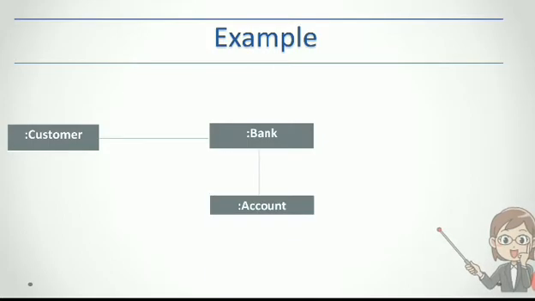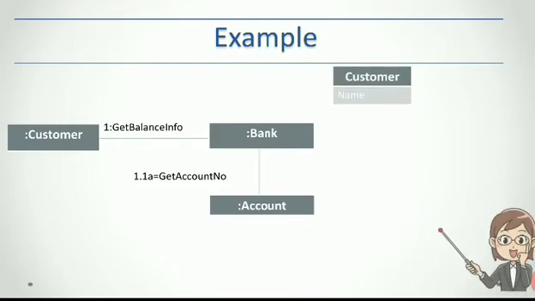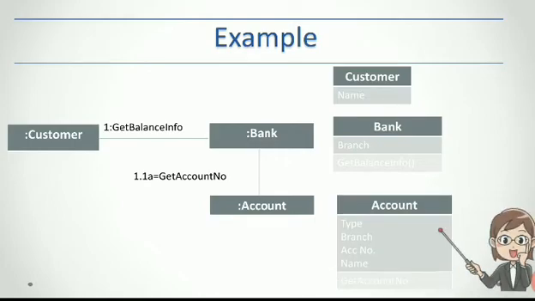The bank accesses the customer as well as the account. So the bank class will return the account number of the desired customer, and because the balance is managed by the account class, the bank interacts with the account class, identifies the account number and gives a response of balance information to that particular customer. So information expert is used in this case for assigning the responsibilities, but for fulfillment of the responsibilities, access to information which is spread across the classes is needed. So bank is the information expert class in this scenario.